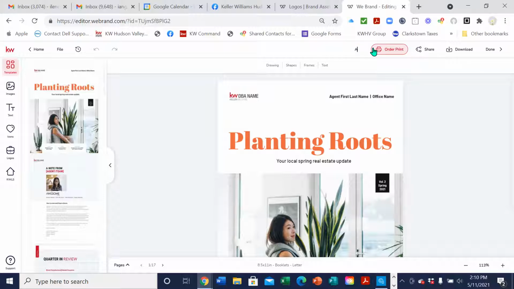So I'm going to call this one Q2 2021 magazine. This way I know if I need to go back and change something, I'll know what it is. All right, I'm just going to show you here. If I click done, what I suggest doing